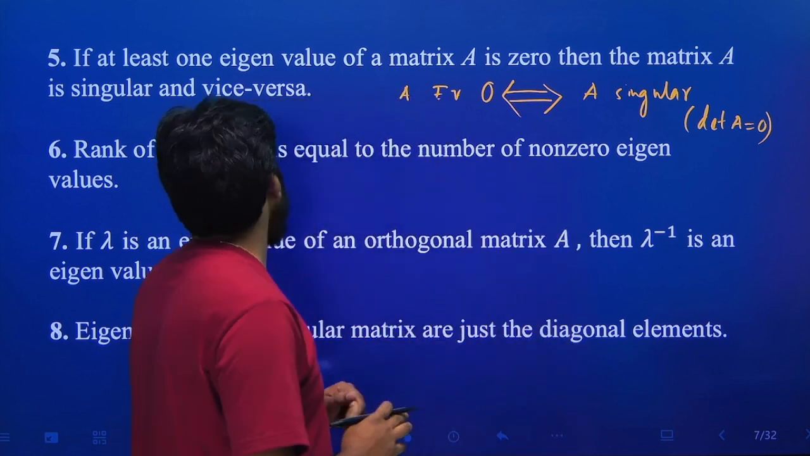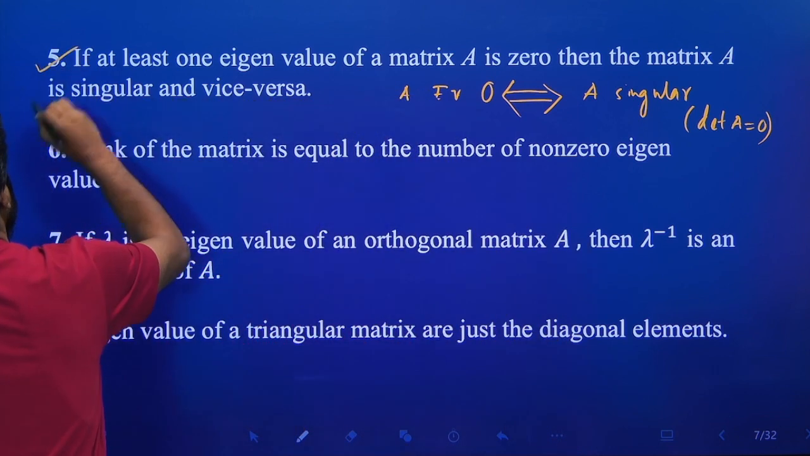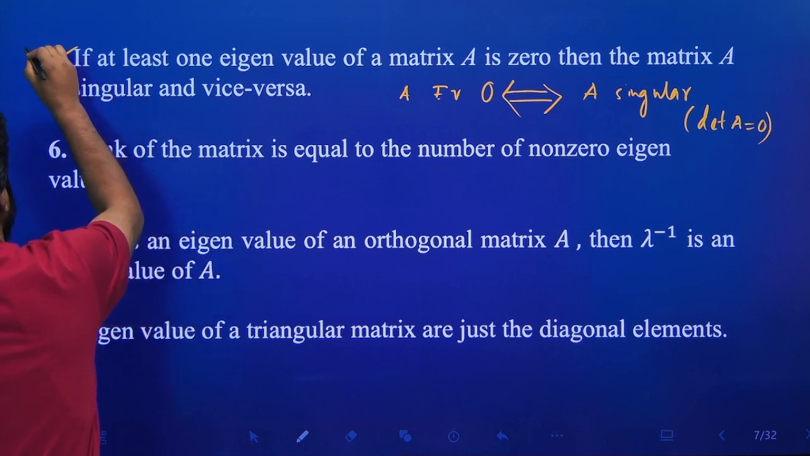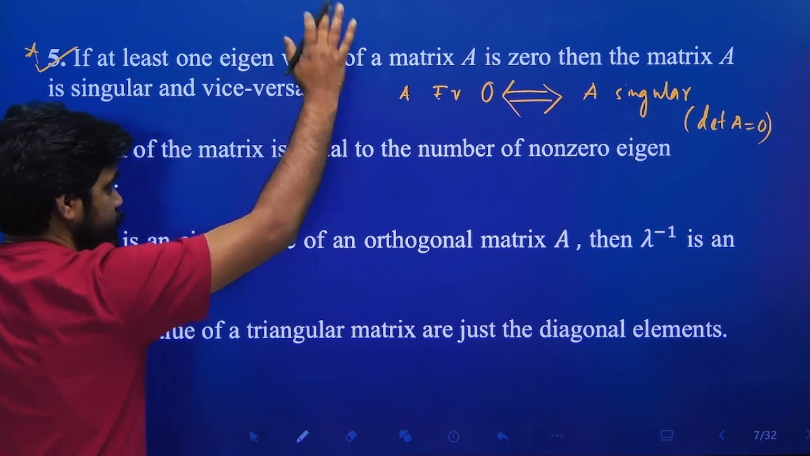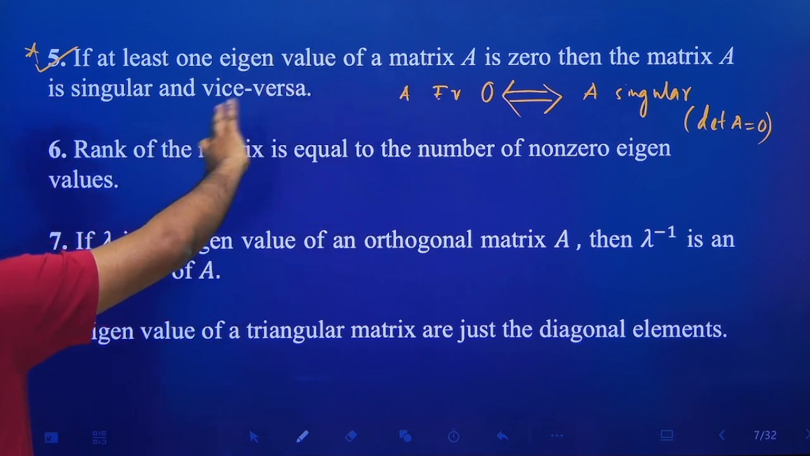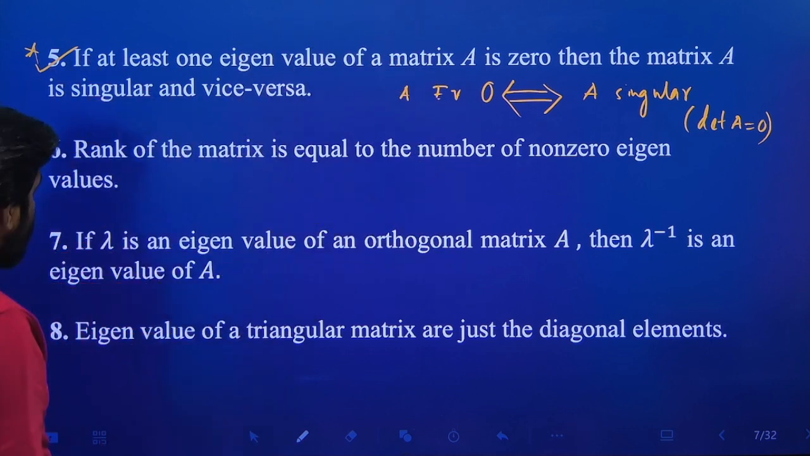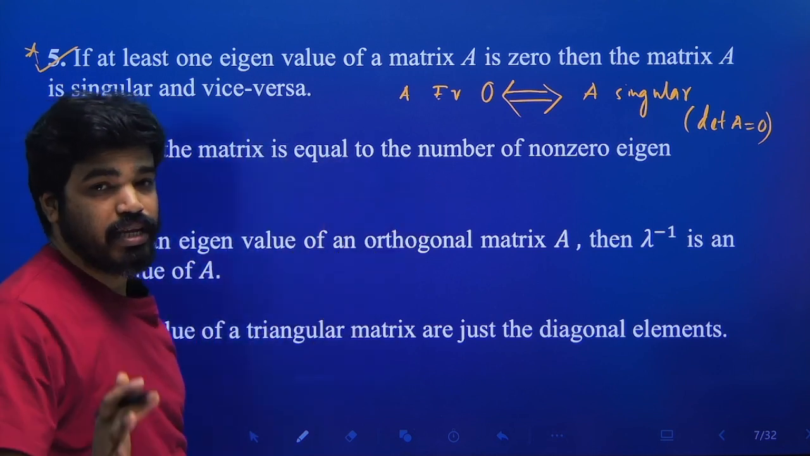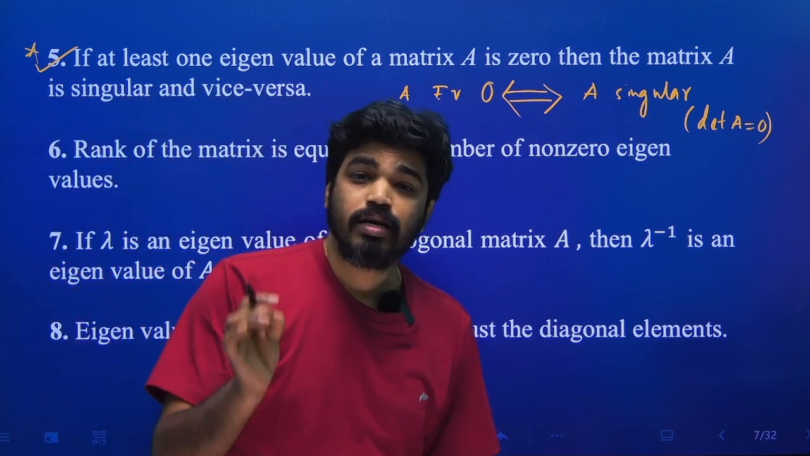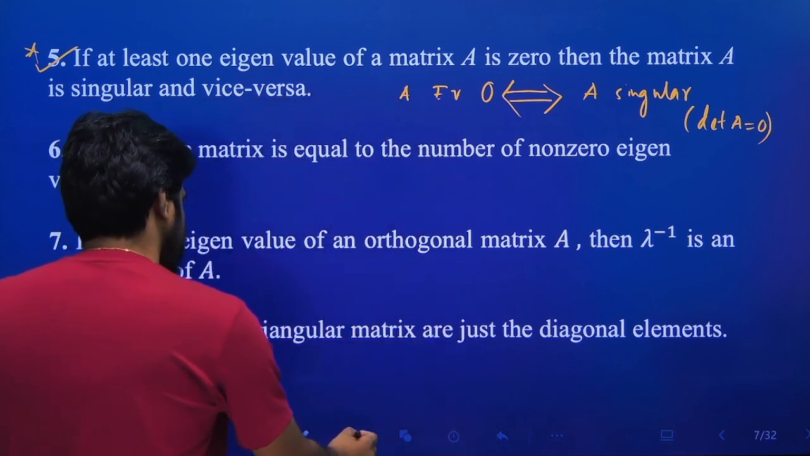Okay, so next, it is a very important property. If at least one eigenvalue of a matrix A is 0, then the matrix must be singular. Conversely, if A is singular, then at least one eigenvalue of the matrix will be 0. Okay, so next,